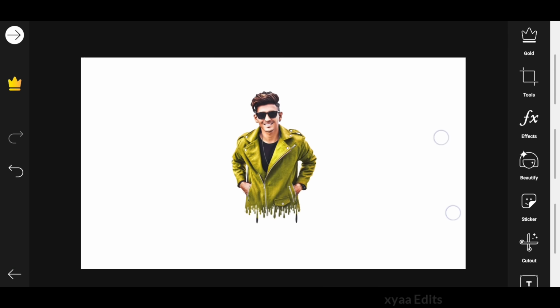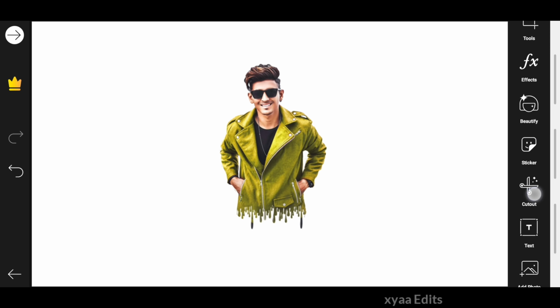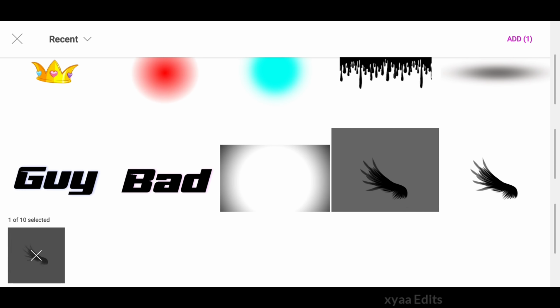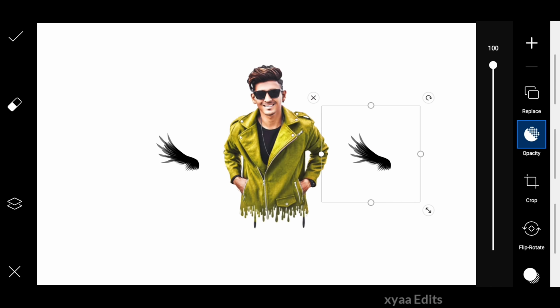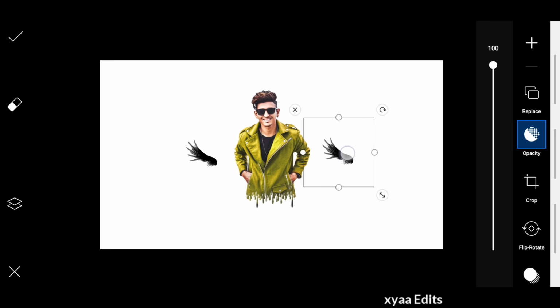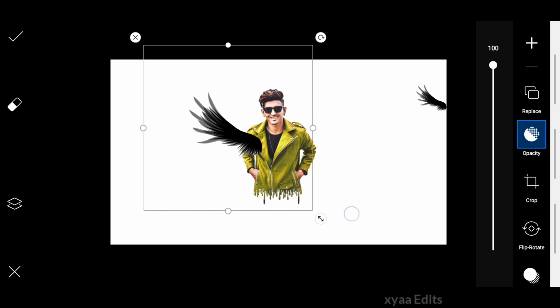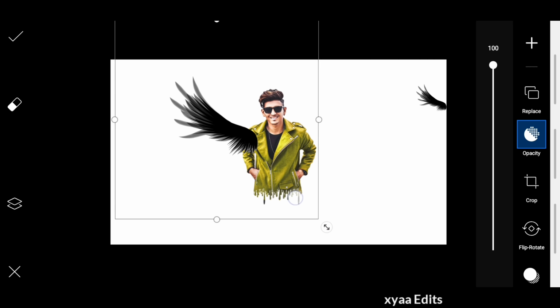Next part is I am going to add the wings. Go to add photo and select the wings. Friends, these are the two wings. First of all I am going to keep this wing aside and I am going to arrange this wing perfectly like this in this position,